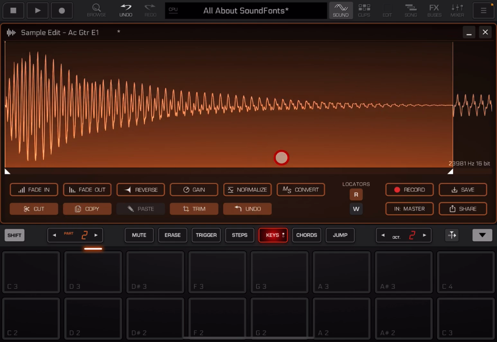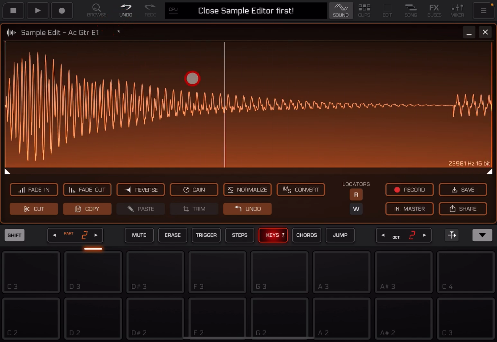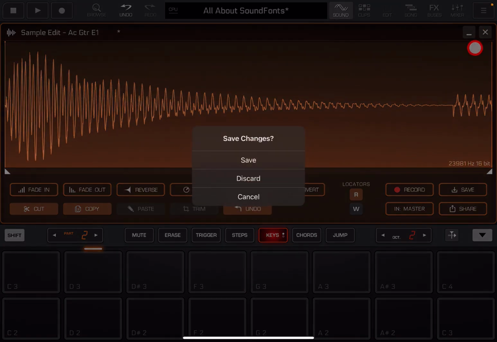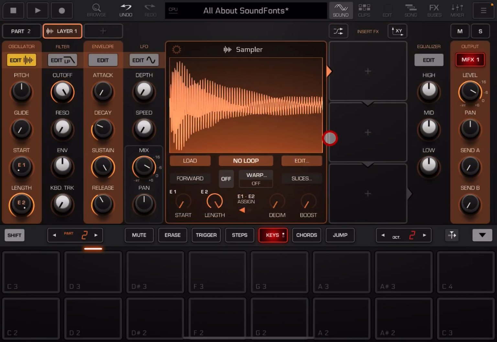Let me undo this. Right, I'm going to undo that twice. I don't know what I've done now. Who knew what we've done? Let me go back to my sound. I've started a discard. Right,